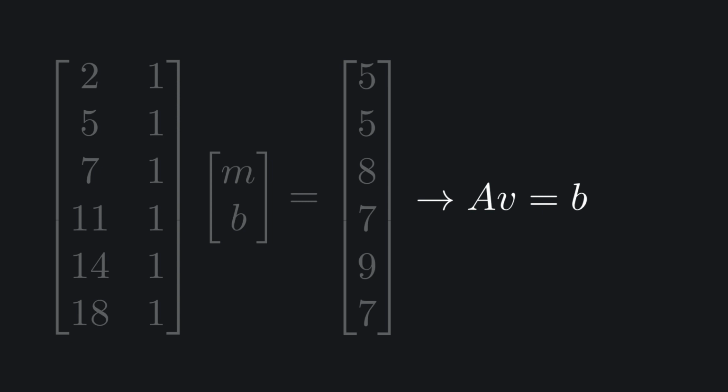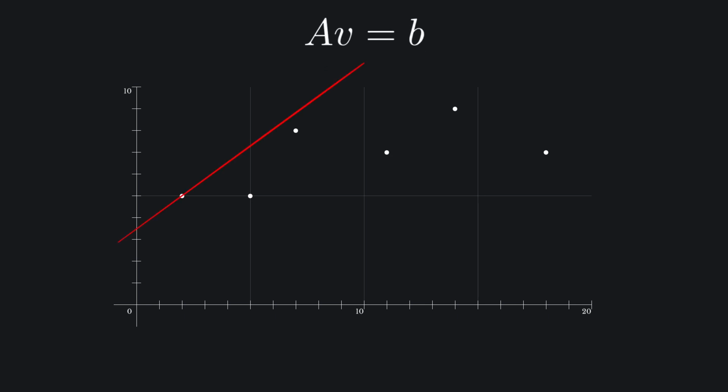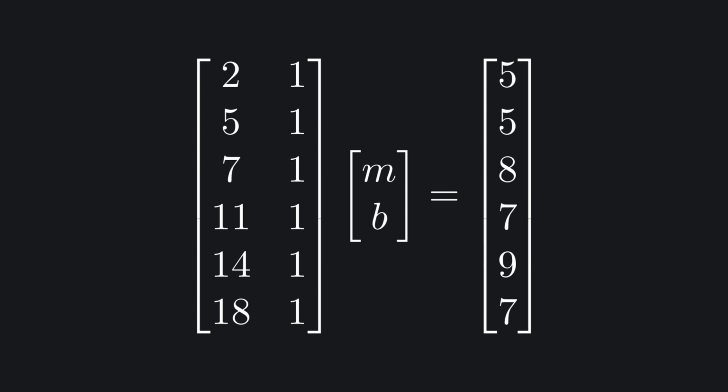In other words, if you want to know the values m and b in the equation y = mx + b, then you need to find the v such that A times v equals b. The problem being that, as we already saw, that equation in general has no solution. Quick question: what does a mathematician do when facing a problem that has no solution? Answer: invent a way to define one. If we know that no line is going to pass exactly through all of these points, let us invent a criterion that will allow us to say that this line here fits better than this other line here.